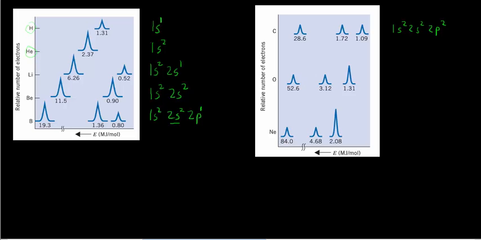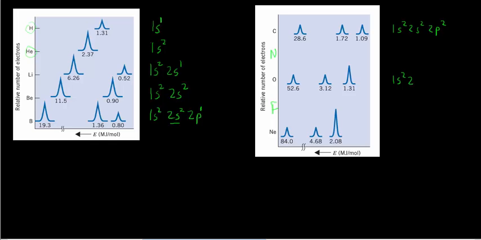Then if we look at oxygen, oxygen is not the next element after carbon, right? But we're going to look at it next. So in between carbon and oxygen there's nitrogen here, which we're not going to look at. In between oxygen and neon there's fluorine. So oxygen has a